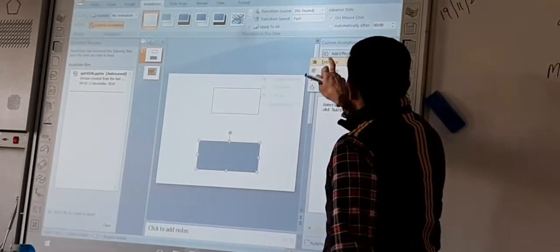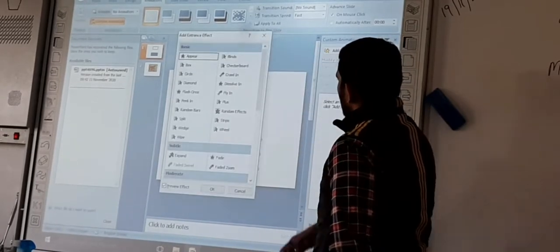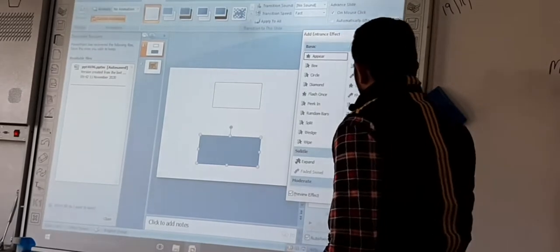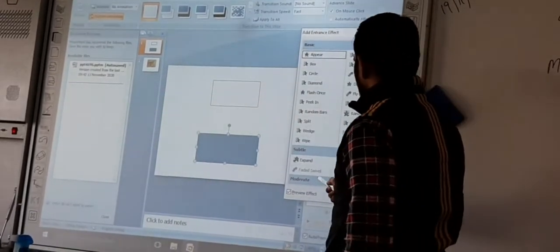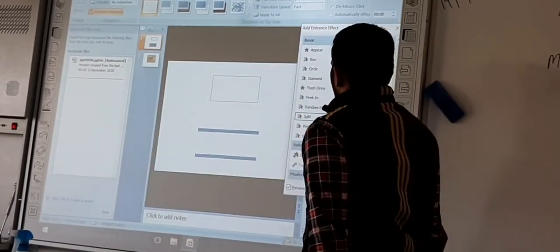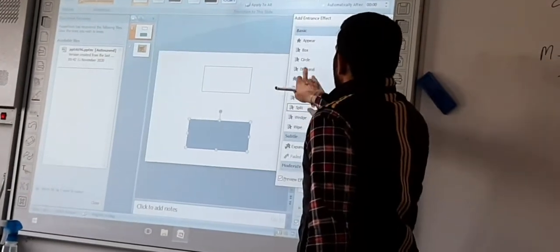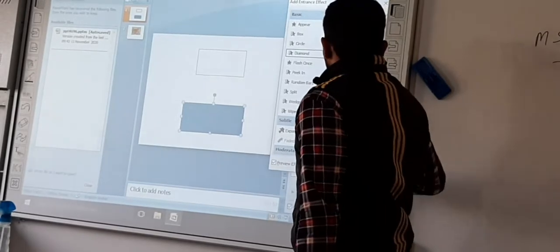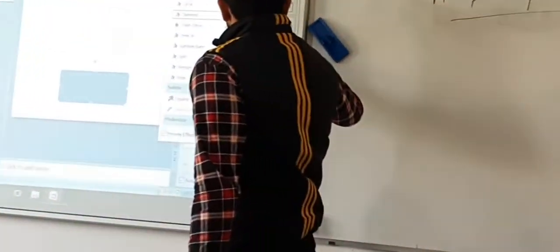Now again I am selecting that. You can go for More Effects. Here you can see Basic, Subtle. If I want to use Split or Diamond, whatever you want to use, you can select from this, because there are lots of options.